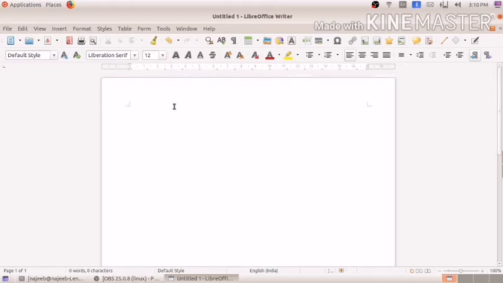So in this chapter we can see how to format documents.